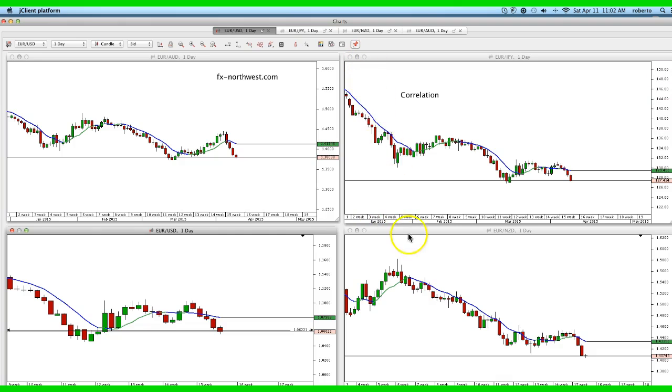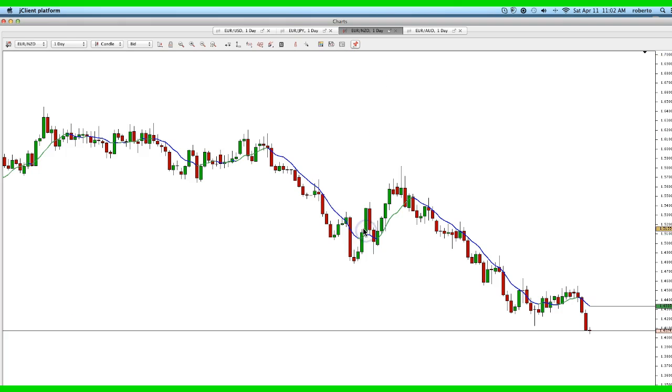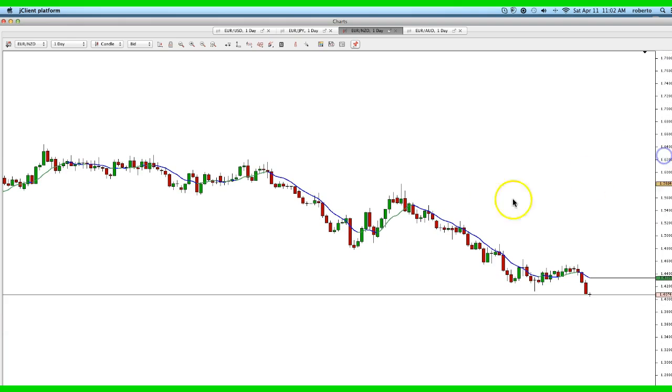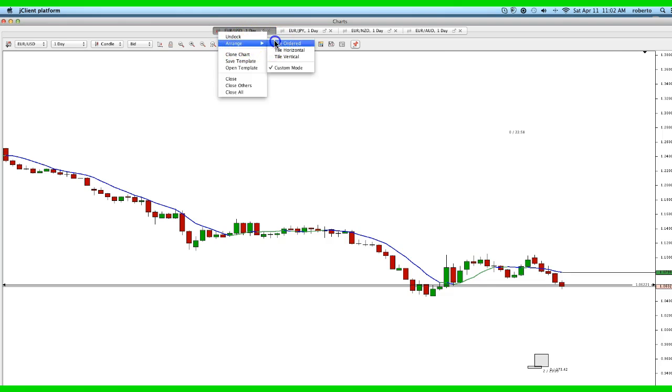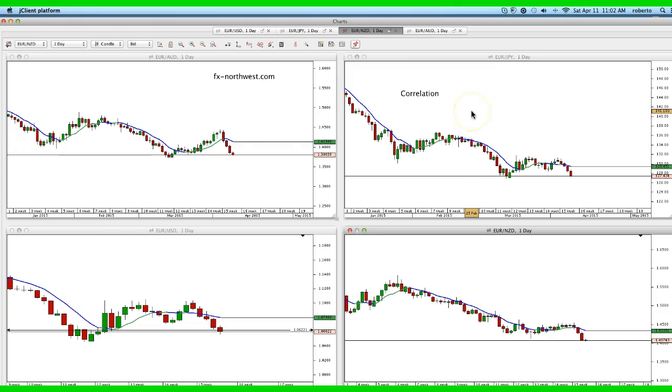For example, if I'm just looking at Euro New Zealand dollar, yes, I do know I'm in a downtrend, but notice that the market's starting to retrace here. We're looking at a daily chart, and if I'm looking at a single pair, I don't know if this is simply a retracement or a reversal. But if I'm looking at several pairs like here, then I know that this small retracement is most likely just a retracement, because